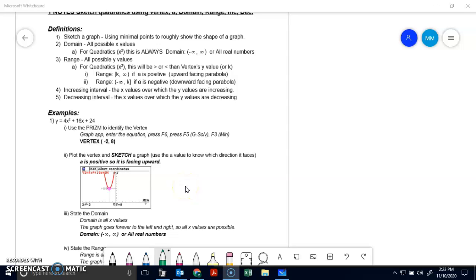This is a lesson for Wednesday, November 11th. We're taking a look at domain, range, intervals, and doing a little sketching here. So what we're going to take a look at is